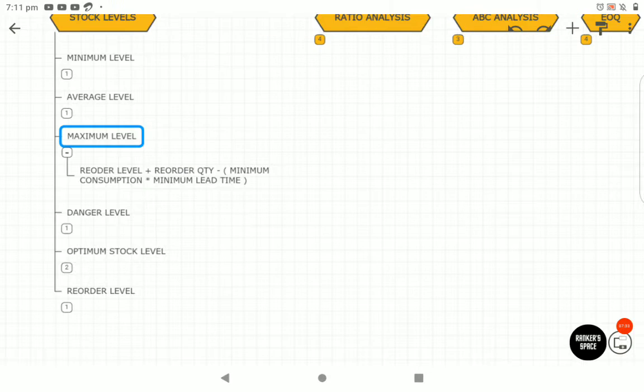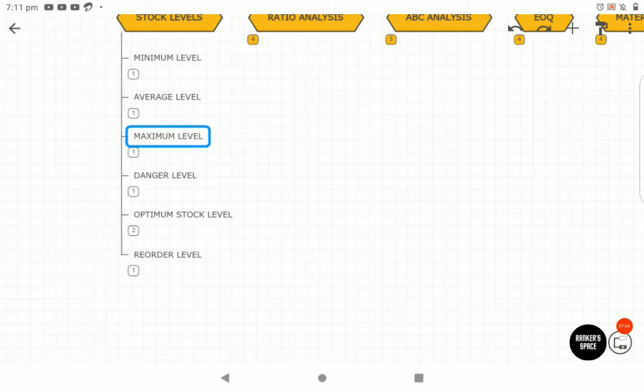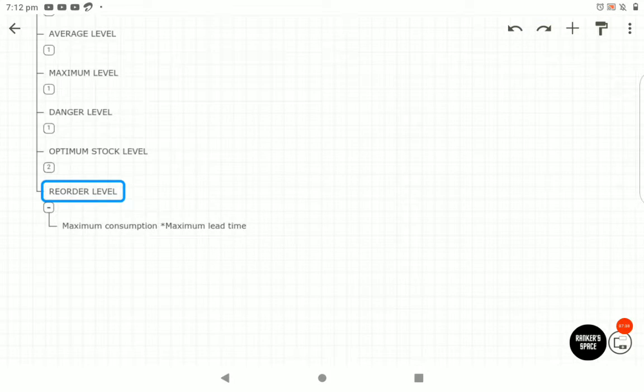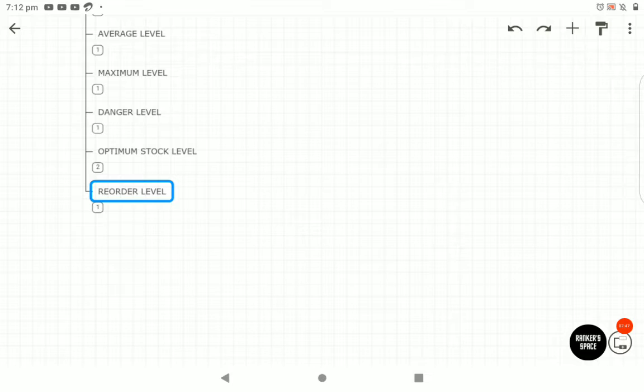Then the next one is optimum stock level; we'll deal with it later. After that, reorder level. What is the formula for it? Maximum consumption into maximum lead time. That is the formula for it. So having read all of these formulas,